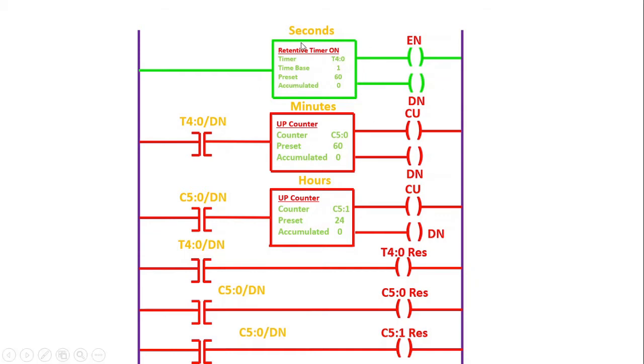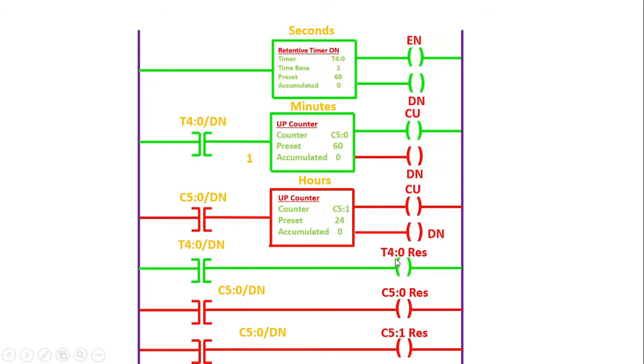Since the T40 done bit is going to high state, this contact will be energized, isn't it? So this contact is energized, the rung gets energized, and consequently the up counter will be energized in this particular fashion, and the counter enable bit will go to high state and the counter will count a value of 1. At this point in time, we have counted 1 minute. If you carefully observe, we are using the same done bit address over here as well, not only here, even here also it is there. So this contact gets energized, the rung gets energized, and T40 will be reset. So this will basically reset this particular timer.